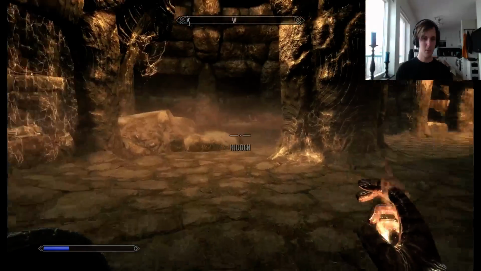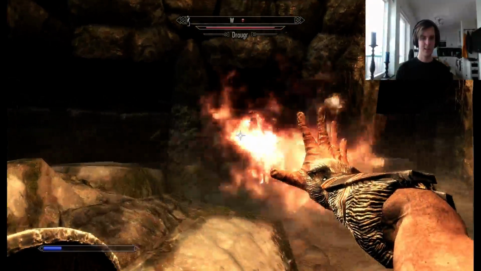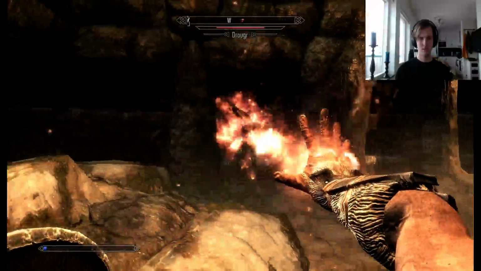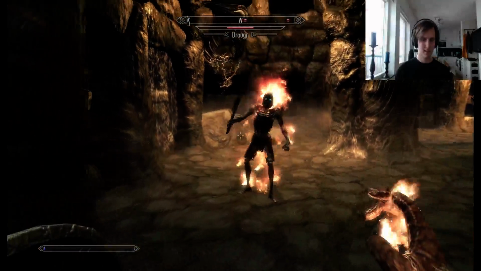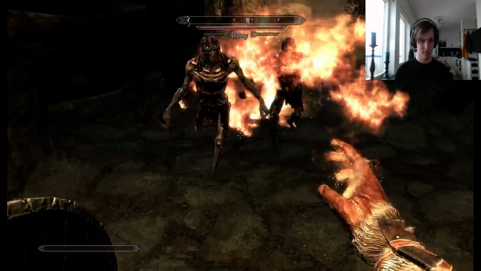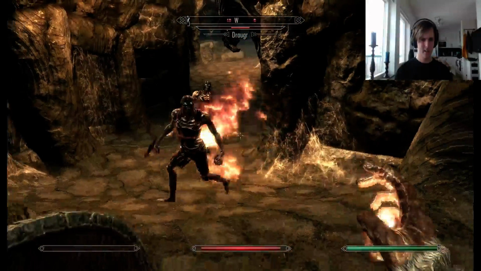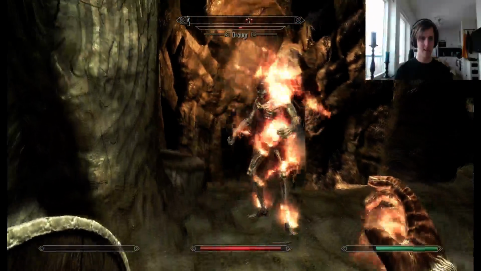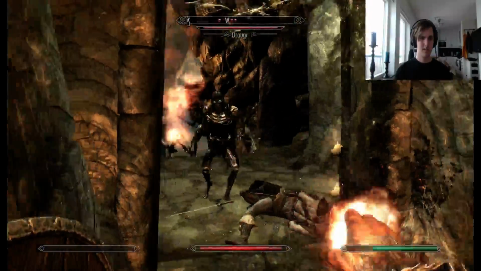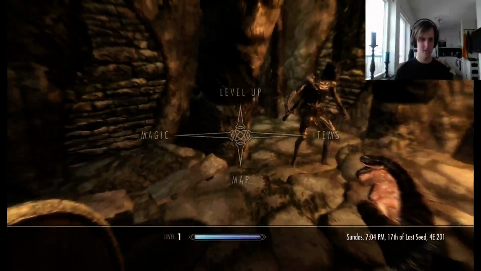So this is the part where I like to sneak past if I can. Nope. So these are Draugr. These are basically ancient Nords kept alive to serve in death as sort of keepers of their own grave. I'm not really sure. But they're basically more powerful versions of these guys. These are basically the first version. I might have to use a...